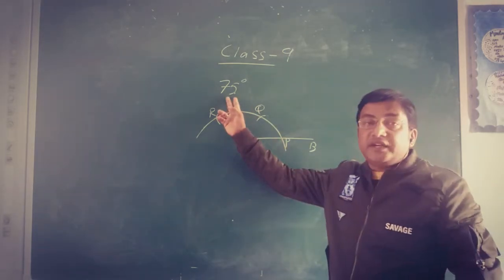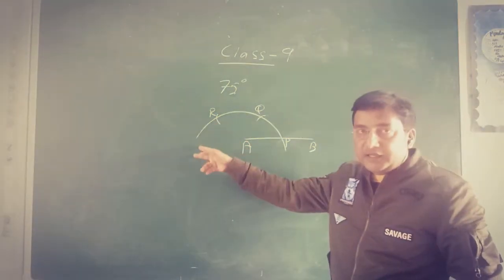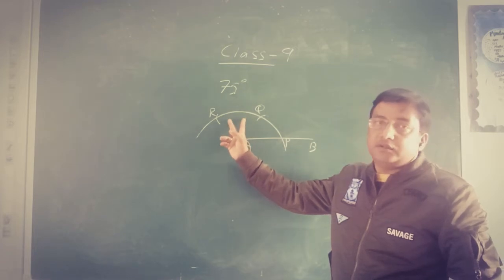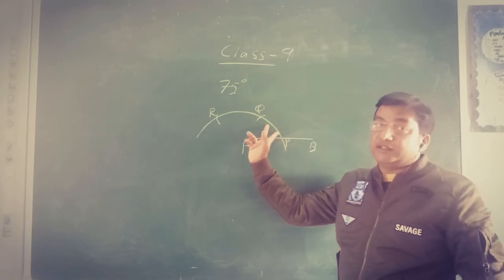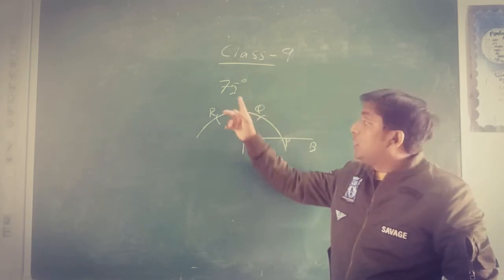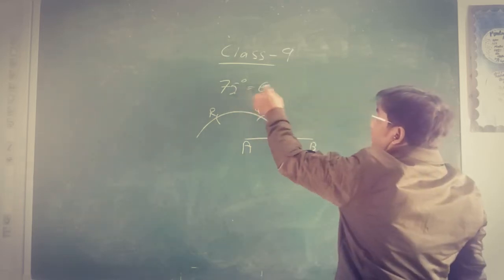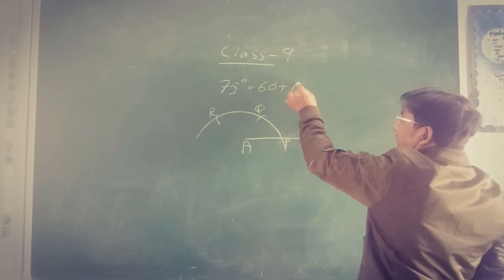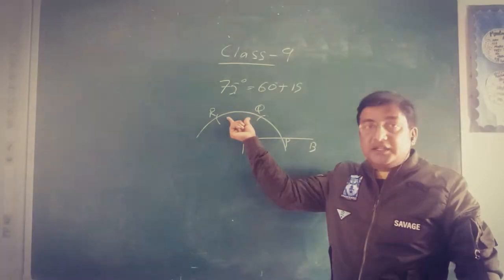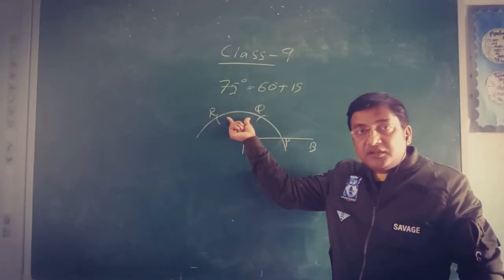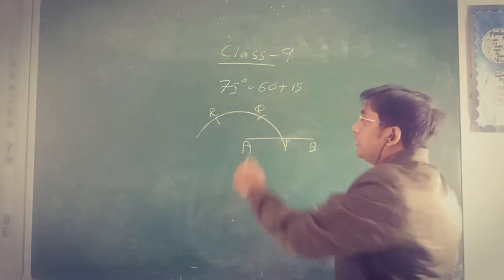Now, where will this 75 lie? Between Q and R. So we will not draw the next angle, we just work on this. Remember, we will not be doing anything in the rest. From Q to R, it is 60 degree. I want 15, which is 60 plus 15. So I need 15 degree more. This is 60 degree, and half of 60 is 30, and half of 30 is 15. So we will be using this concept.